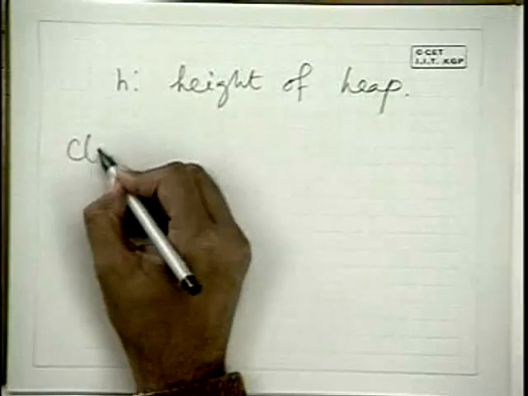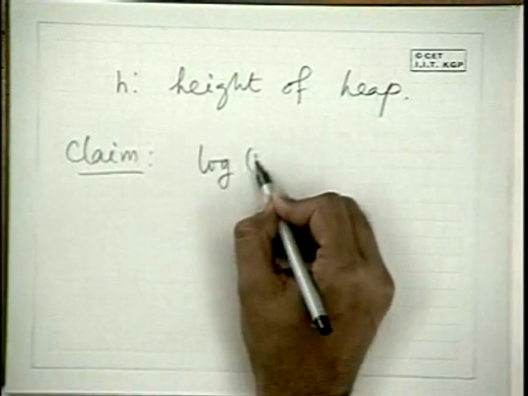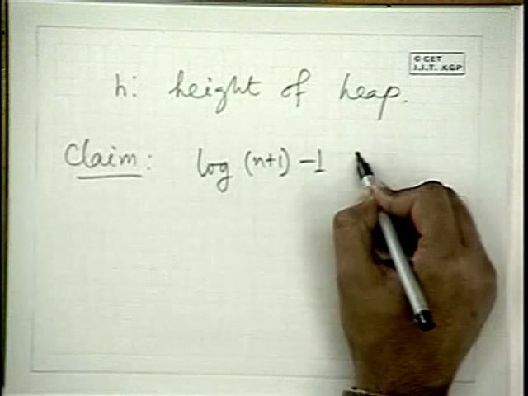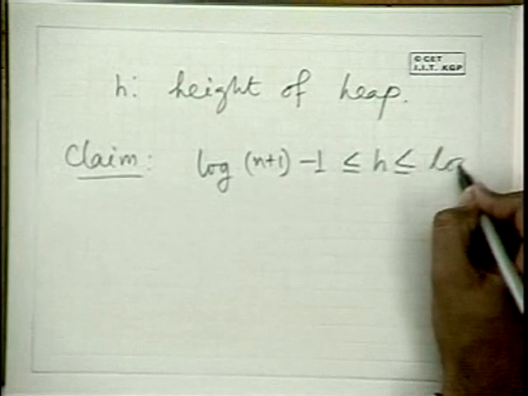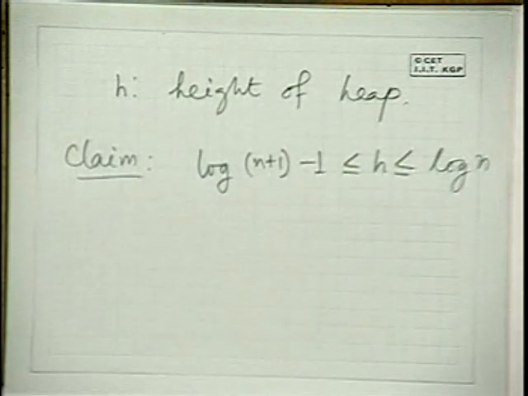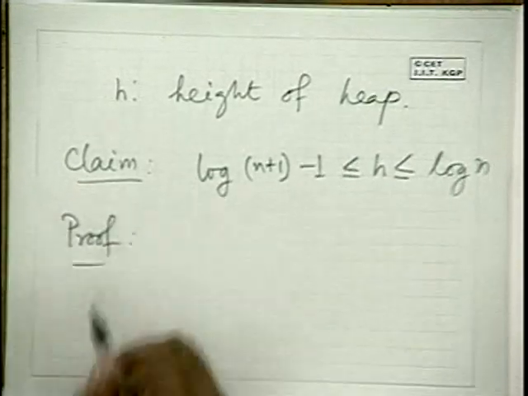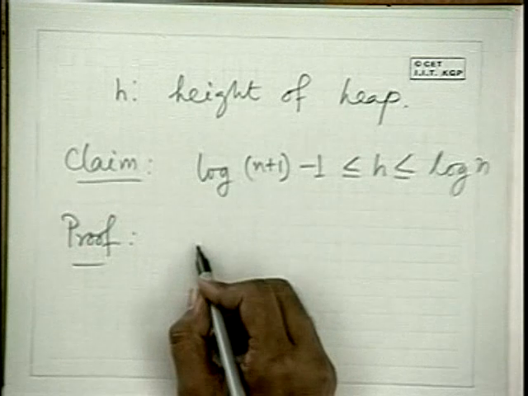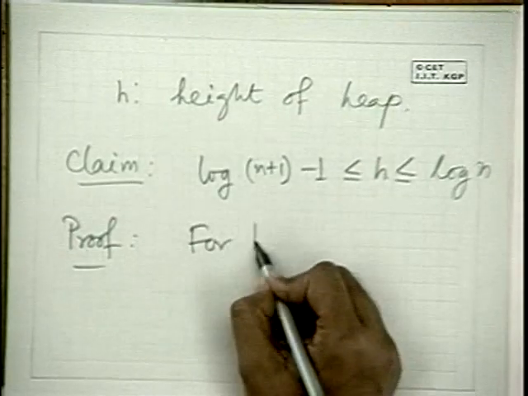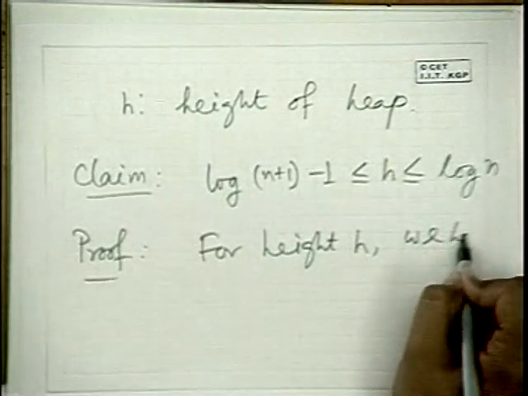So let's see what is the height of a heap. Our claim is, so this is our claim: log of (n plus 1) minus 1, where this log is base 2, is less than or equal to h, which is less than or equal to log n. Okay, so this is the condition on height. Okay, what is the proof? So proof for this one, for height h we have